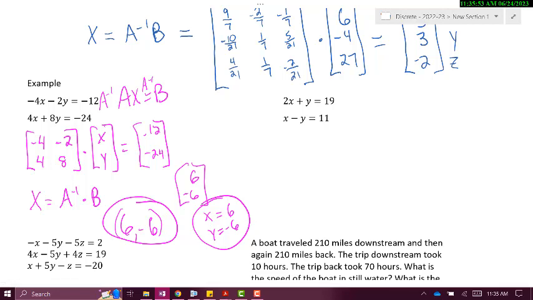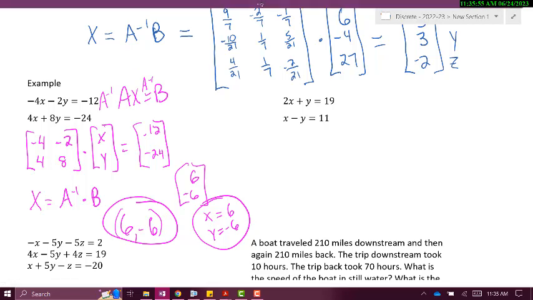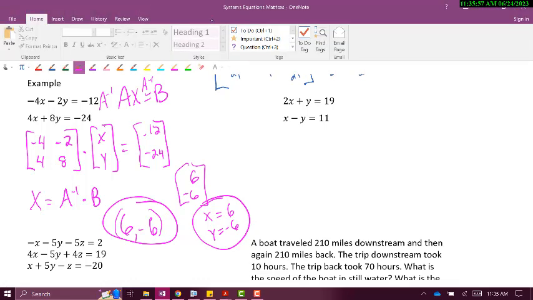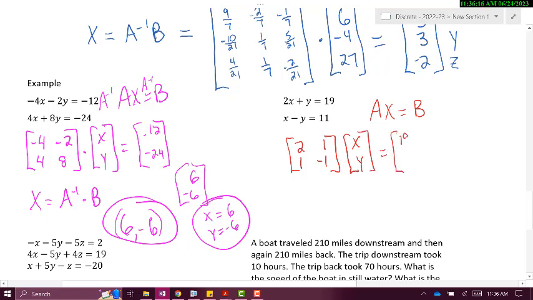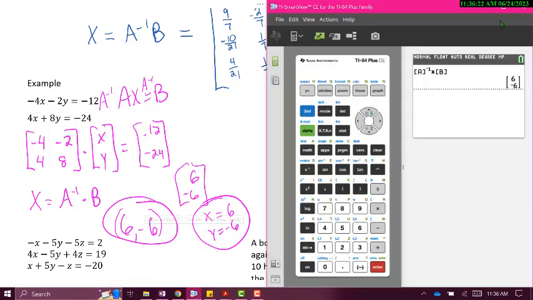And then we can continue going on with this same thing. And really they're all kind of set up the same way. We got A times x equals b. A being the 2, 1, 1, and negative 1. The x being x and y. And the b being 19 and 11. Now, what's nice about this one